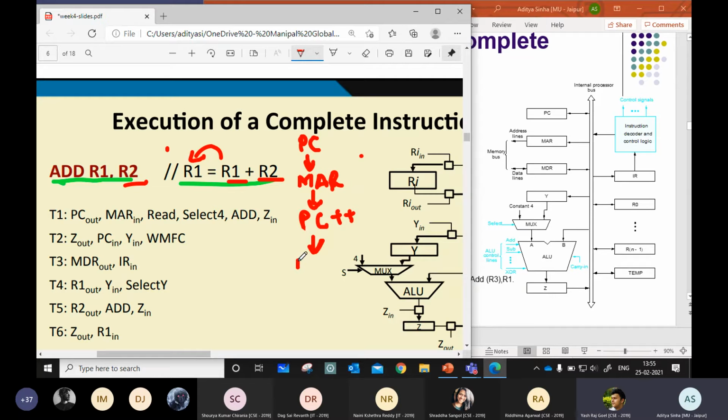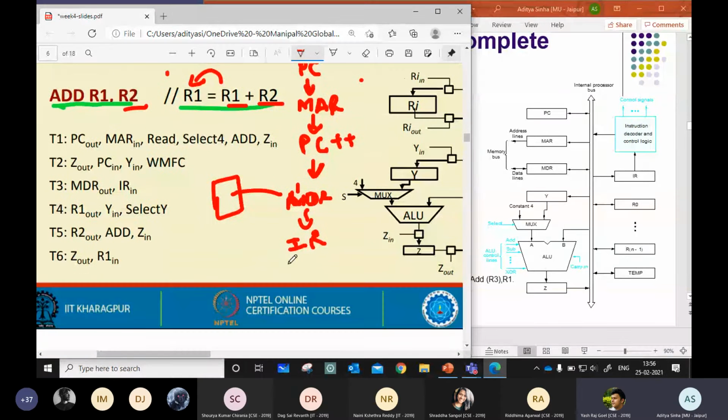Sir, the instruction is put from MAR into MDR, meaning the address in MAR is used to fetch the instruction into MDR. So the instruction is stored somewhere in memory, and from there it comes into MDR. Am I right? Yes. Now the instruction is there in the MDR. What will happen next? Now it is given to the instruction register, then it is decoded. From IR it goes and is decoded.